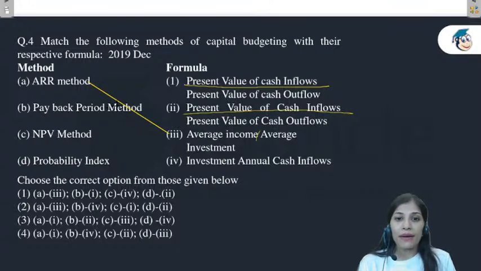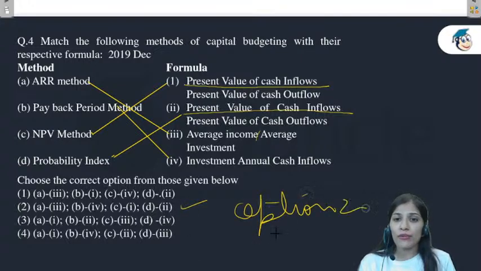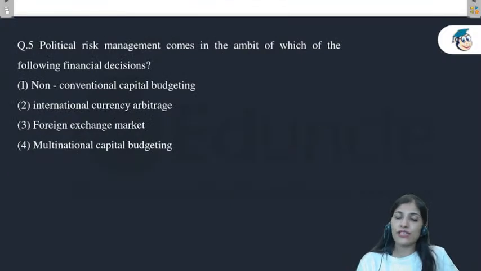नेक्स्ट, पे बैक पीरियड मेथड, इन्वेस्टमेंट अपॉन एनुअल कैश इनफ्लोज, NPV, present value of cash inflows upon present value of cash outflows, and D is right. So our option number 2 is correct option. बहुत easy और direct question है, बहुत ज्यादा डिफिकल्ट क्वेश्चंस यहाँ पर नहीं आए हैं, ठीक है।